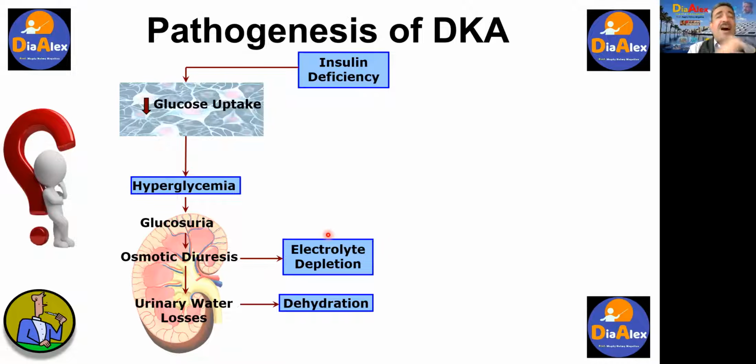So on one side, deficiency of insulin will lead to hyperglycemia. When the blood glucose exceeds the renal threshold, osmotic diuresis will occur. This will lead to water loss, ending up with dehydration together with electrolyte depletion. On the other hand,